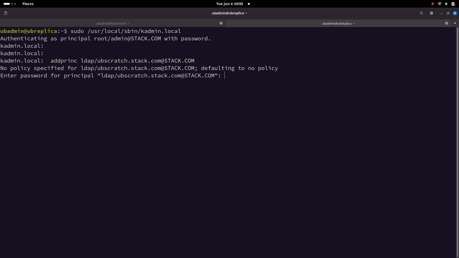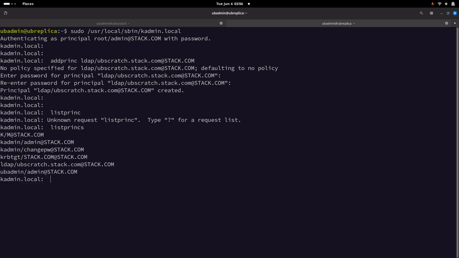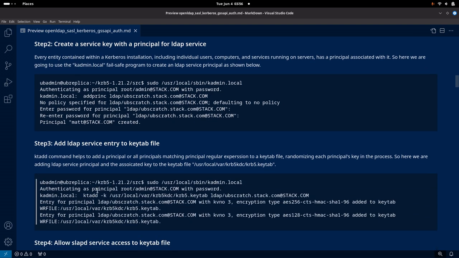So let me give a key for the password for this service. And the service principal is created. We can just list the principals. So you can see the LDAP service principal is created. Now let us go into our documentation and see the next step, step 3,